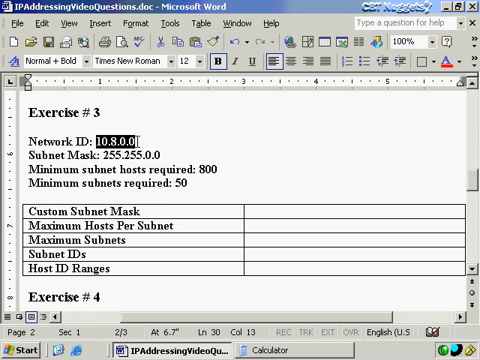Now, for the client, they should consider this to be all Class B. They're not going to treat this like a Class A. It's going to be treated like a Class B, which means that if they want to subnet that further to give themselves 800 hosts per network and give themselves 50 subnets, then they're going to need to subnet this third octet right here, just the same way as if they were going to subnet a default Class B address